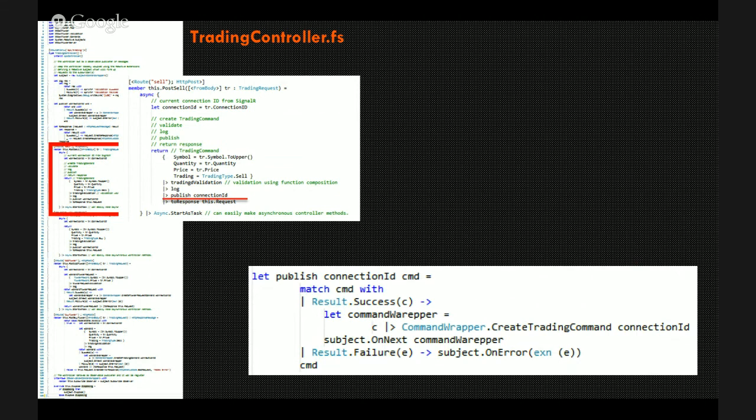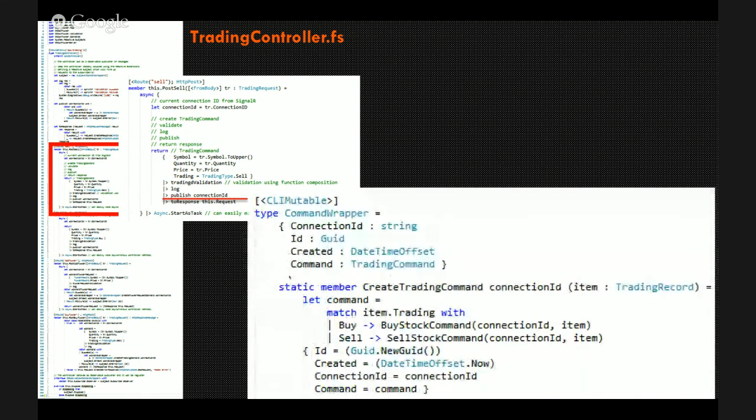And when I publish the command, you can see here I use the Reactive Extension, really the subject's OnNext API, just to push out the command wrapper to all the subscribers. Now the command wrapper is just a wrapper around my command, which is a good practice in CQRS or in general, to wrap your message inside a wrapper to inject some extra metadata, like a unique identifier that might be used in the backend to aggregate the messages that relate to each other. In this case, I won't use that functionality, but it can be used for some sort of saga, right? And of course, some timestamp and so